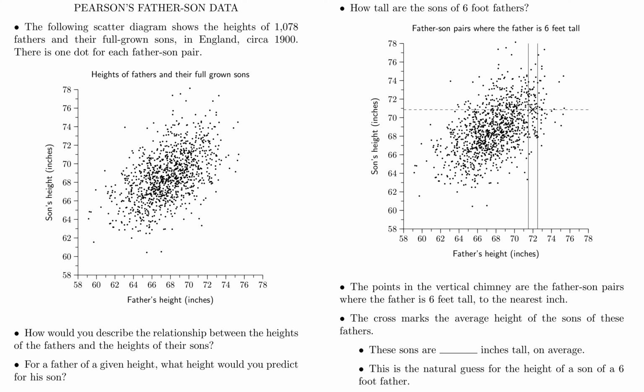So this data shows one of my favorite examples of correlation. Each point on this plot here is a father-son pair, with the father's height being across the bottom and the son's height being on the vertical axis. And what this shows, if you stand back and take a look, is that there's definitely a positive correlation to this graph. And what that tells us is that if your father is tall, then you're likely to be tall as well. Now, we might have guessed that, but there's a little bit more to the story.